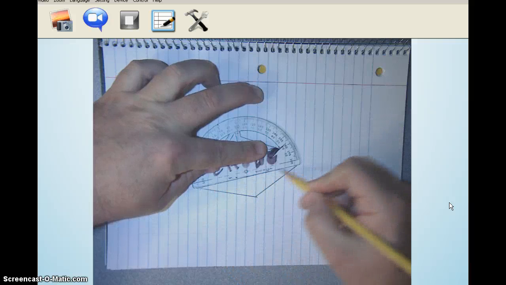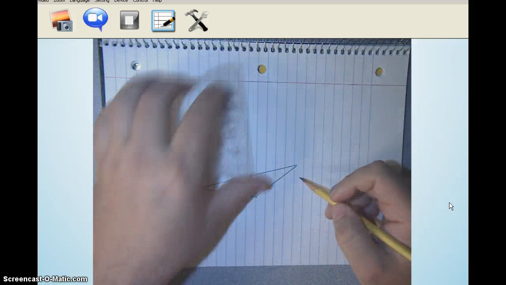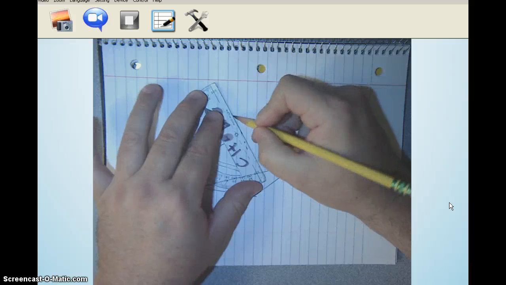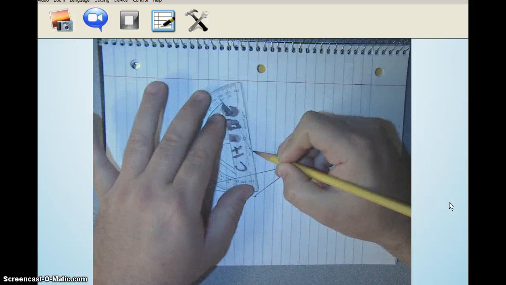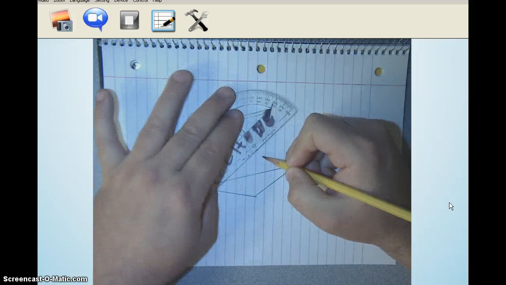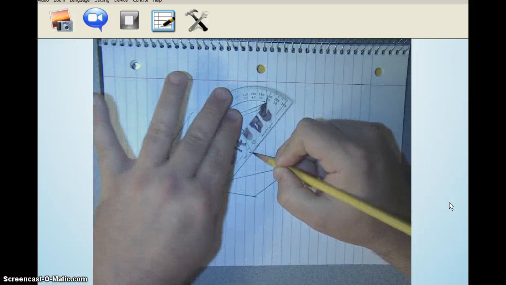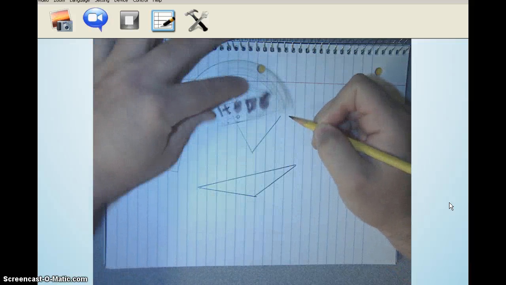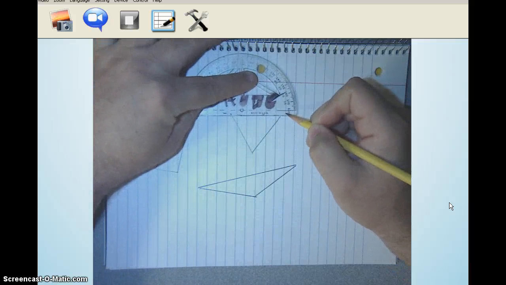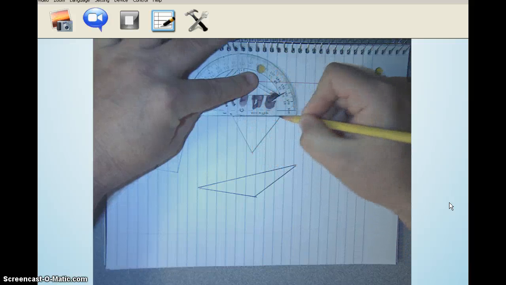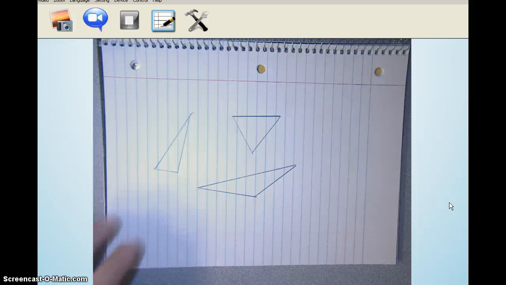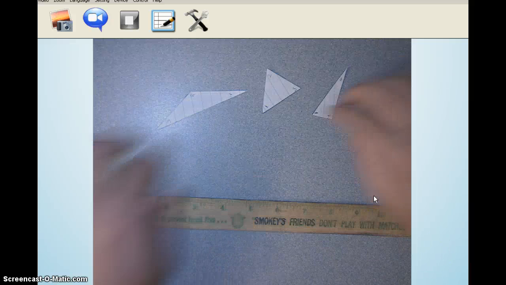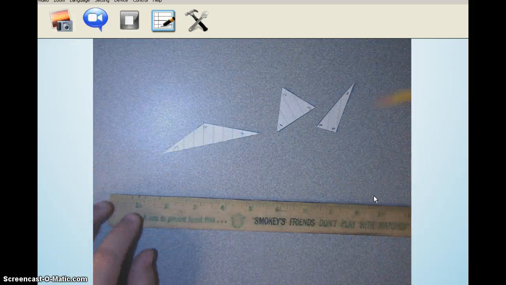But you can see me just making these triangles here. So let's see. Let me make one about like that. And this will hopefully be acute. So here I have 3 different triangles. Okay, I'm going to now take a moment, I'll cut them out, and I'll show you where we're going with this, okay? Okay, so now we have our 3 triangles, and what I've done after I've cut them out is